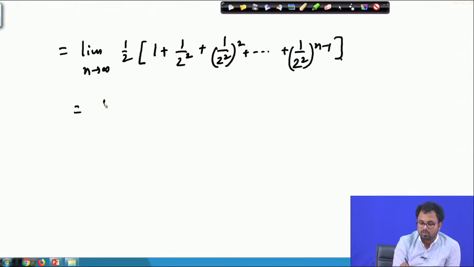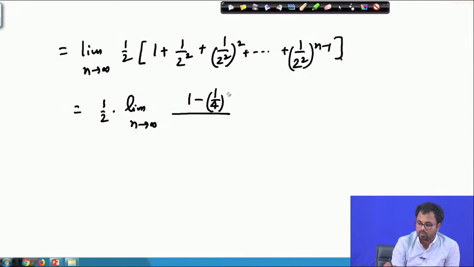So this is 1 by 2 limit n goes to infinity. Here it's basically a geometric series,